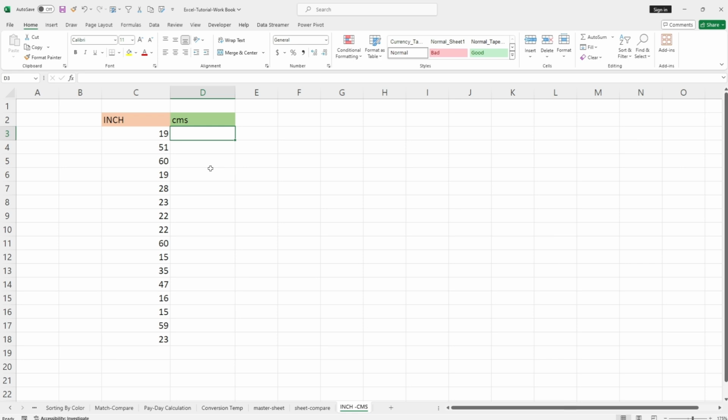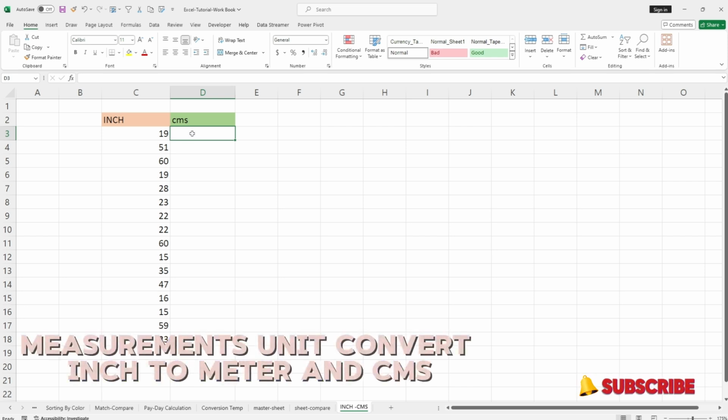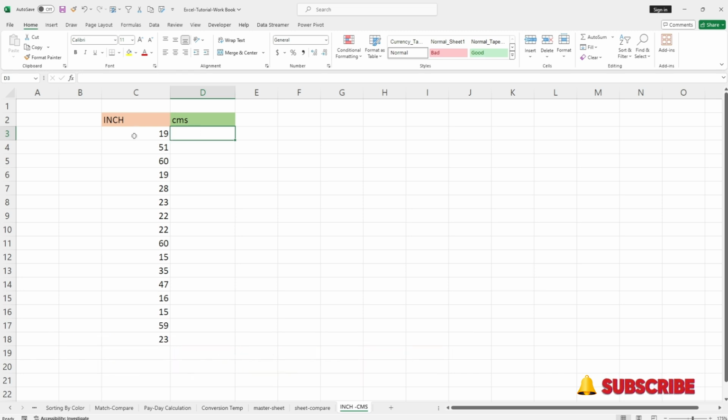Welcome back. We see how to convert numbers from inch to centimeters. So I have some random numbers in column C. I wanted to convert the numbers in column C to column D. So basically I am converting from one unit of measurement to another, which is from inch to